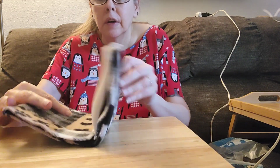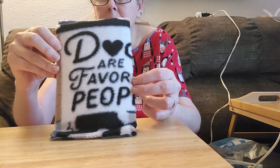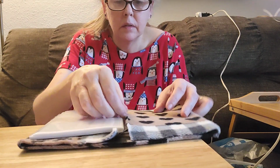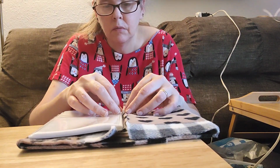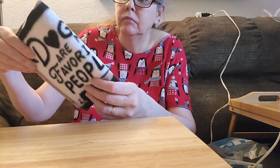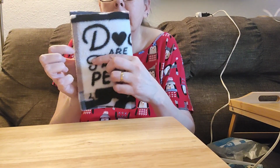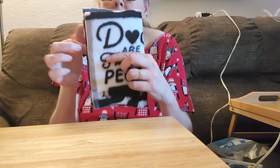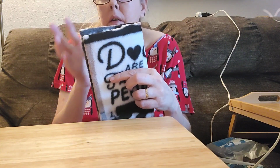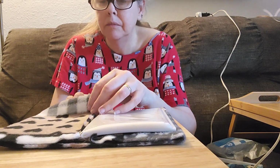So we're going to close her up so you can see. Okay, I didn't get it over far enough. See how it has a lot of this white in here? So what I would do is what I'm getting ready to do. And I don't suggest, I mean, of course it happens. So what I do typically